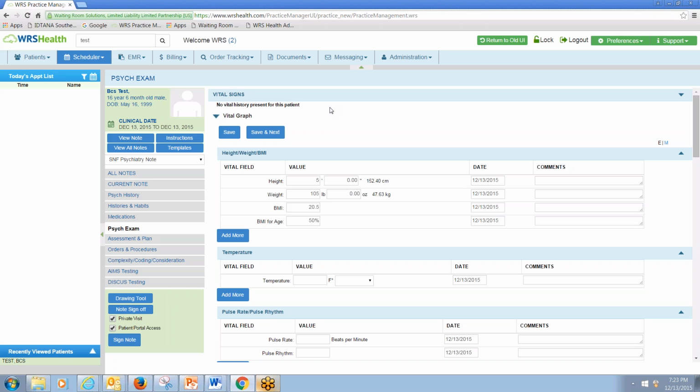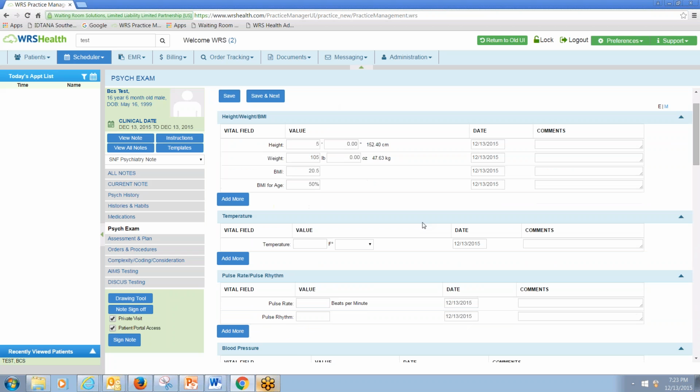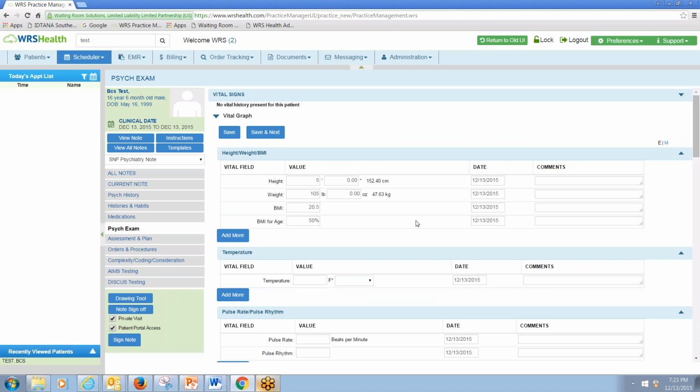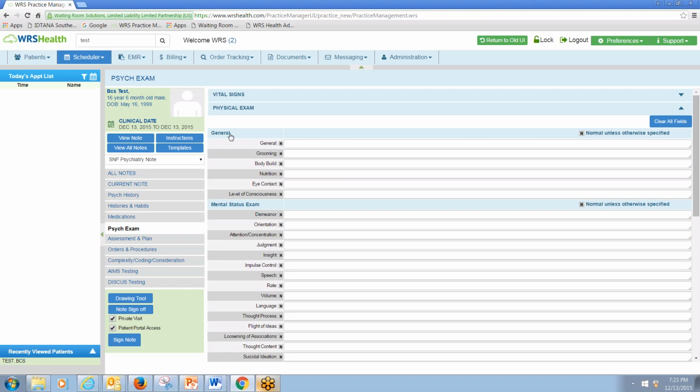So this patient's only had 1 note, this note created, and so there's no data. But in the future, all of the data for the vital signs is stored. There is some free text comments boxes to the right if you think there's something you want to chart here about the vital signs. So save your work with vital signs to collapse the box. The physical exam,